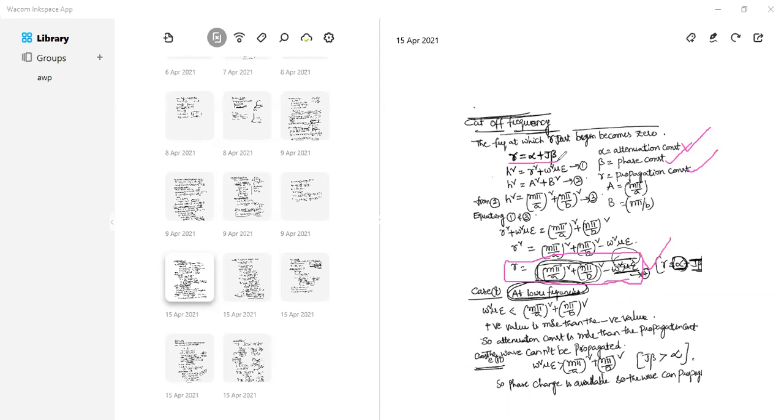So we got the gamma expression in terms of the dimensions of the waveguide, in terms of half-wave variations. From that expression, we have seen three different cases. One is if omega square mu epsilon is less than this term, this term is more positive, so gamma is positive. Positive means you are going to get alpha.